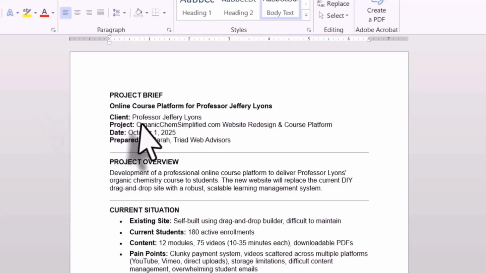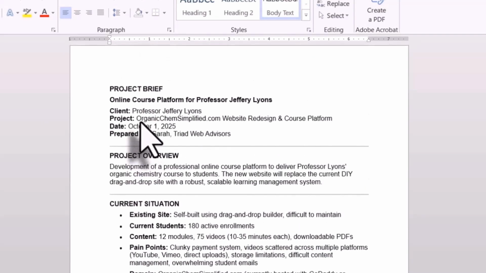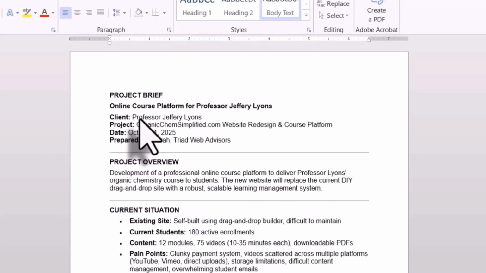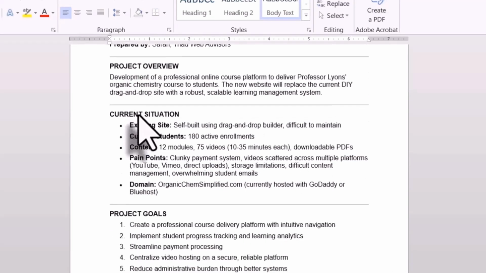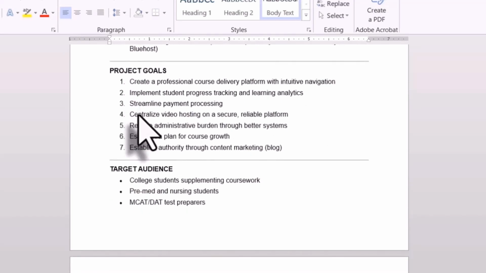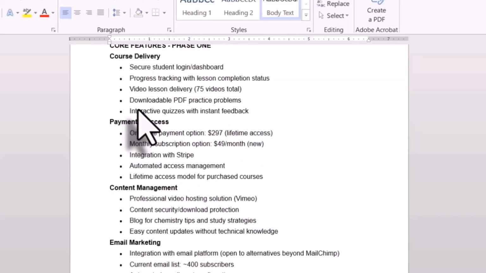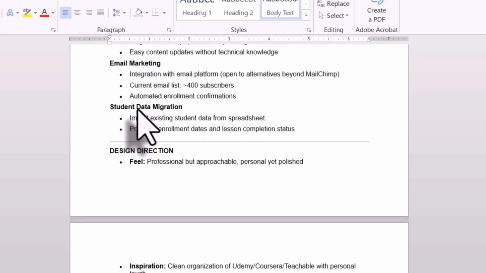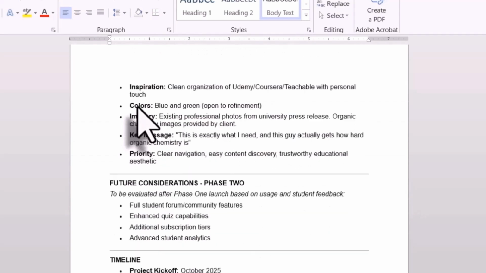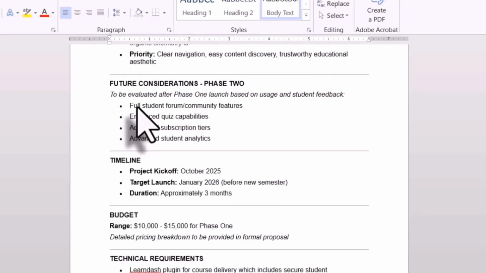So now I've accepted all of the changes in the document, and I sent this over to Dr. Lyons to ensure that I got all the details right. And surprisingly, he had absolutely no changes or comments on this. He did have a couple of questions, which I answered, but he believes that this is accurate for everything that we know right now. So now I'm going to take this project brief, I'm going to put it into AI